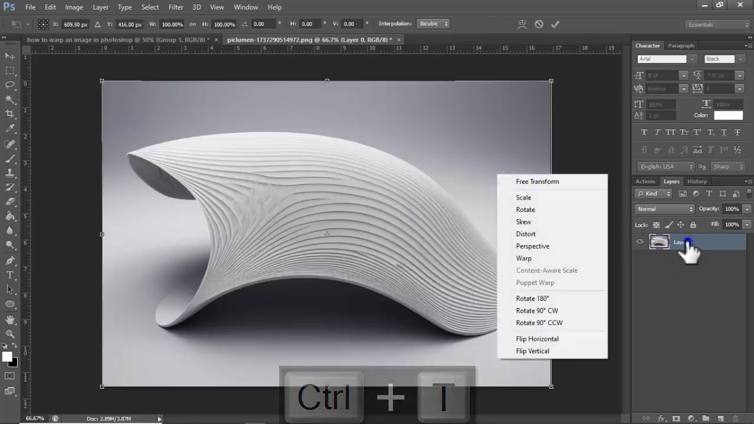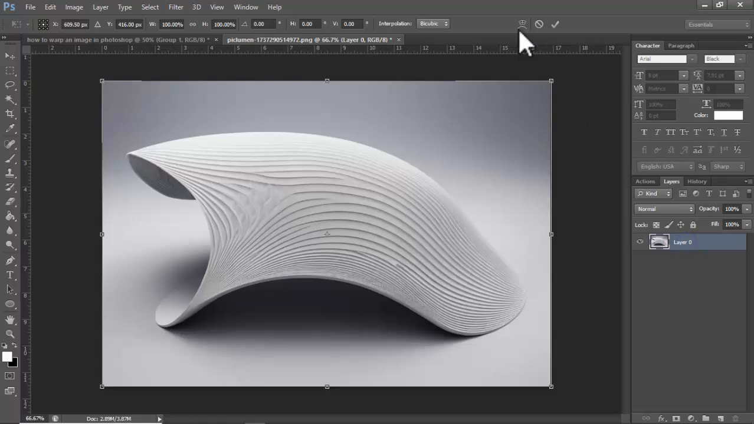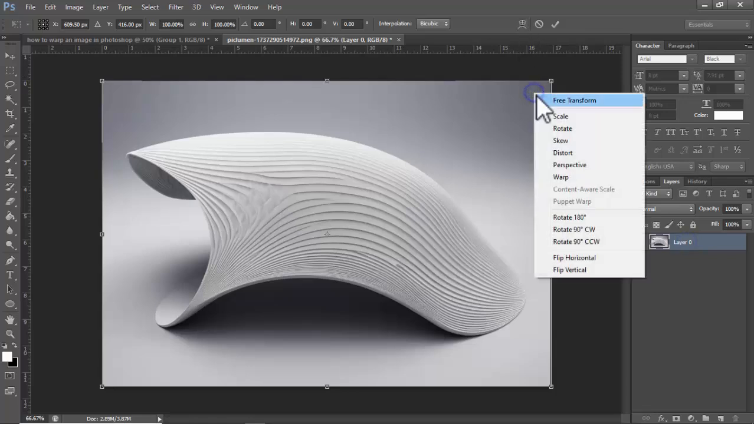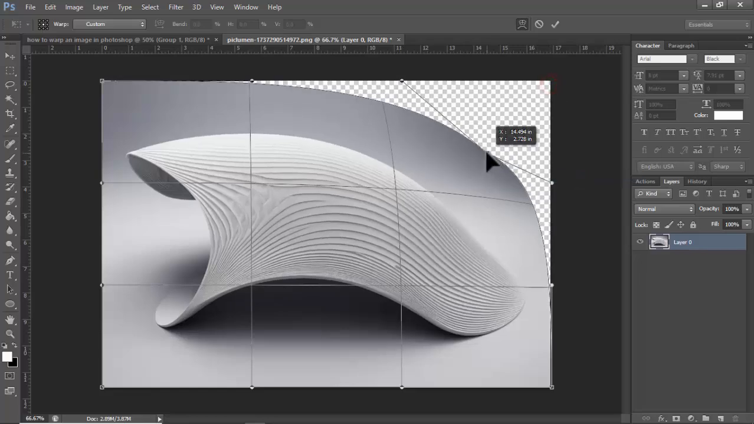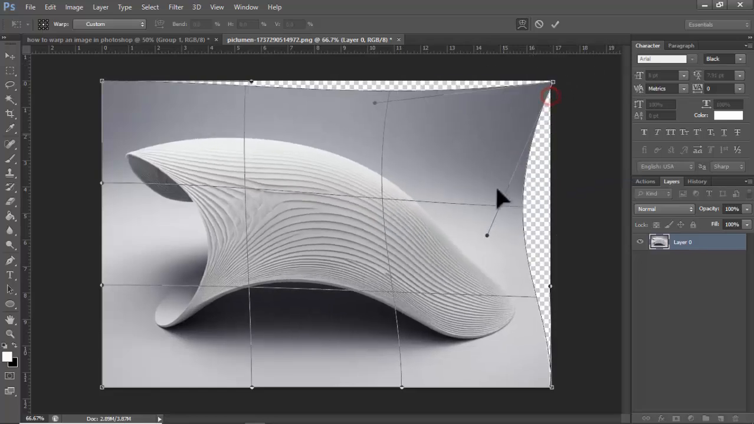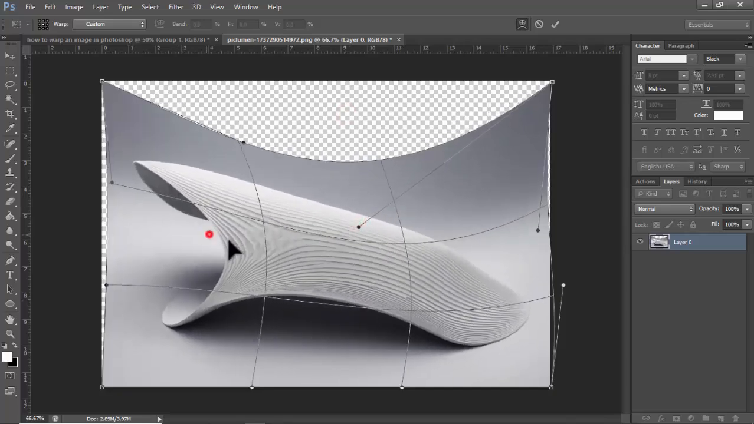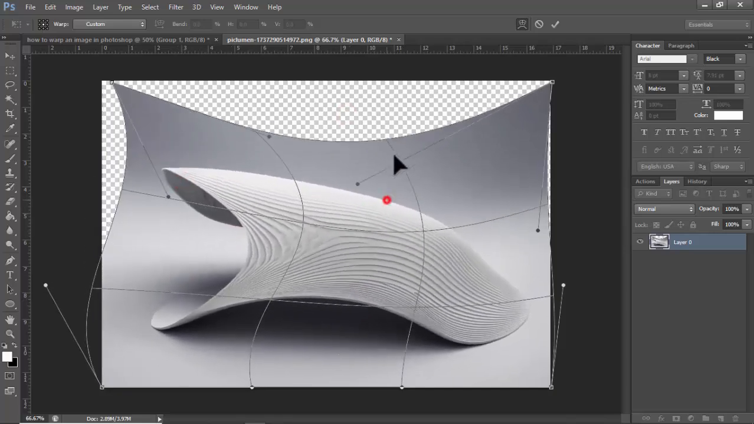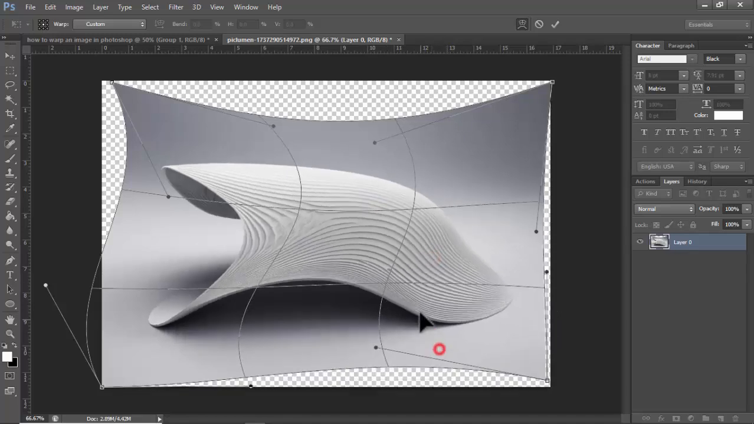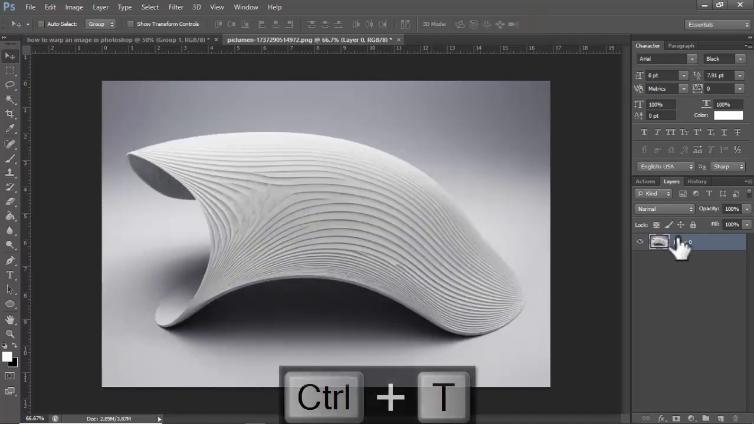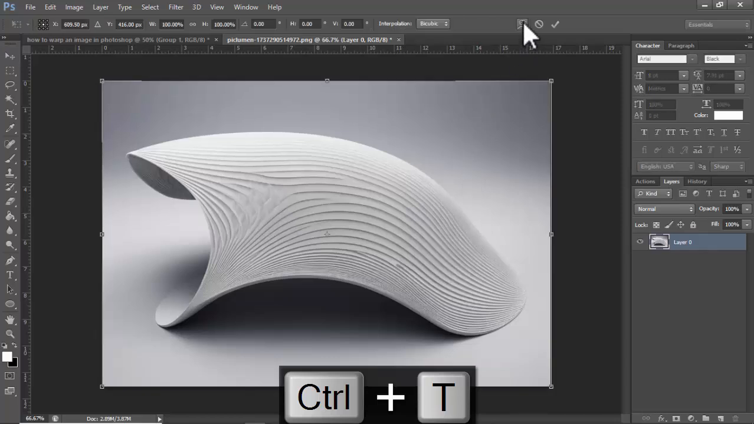Right click. Right click the layer. See this warp, and warp the image easily. Click and drag. Again press Ctrl T, click this icon